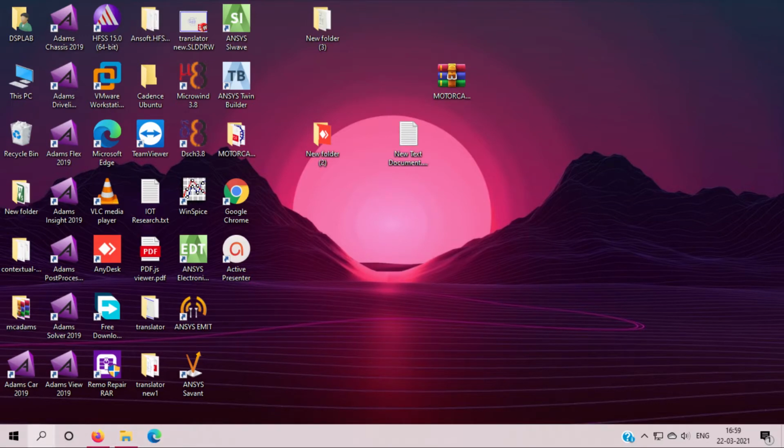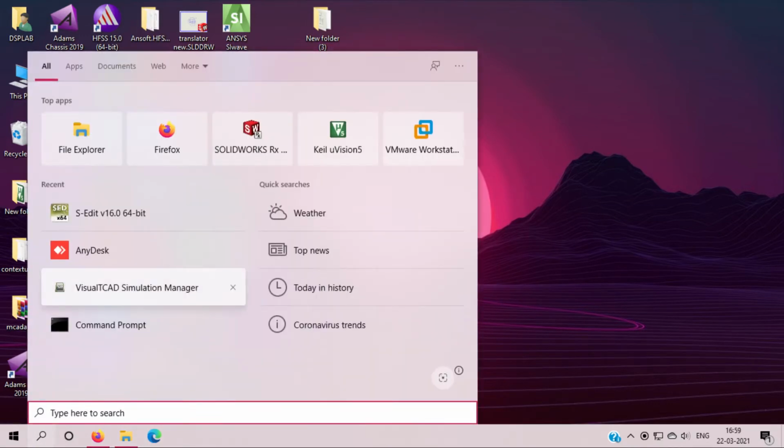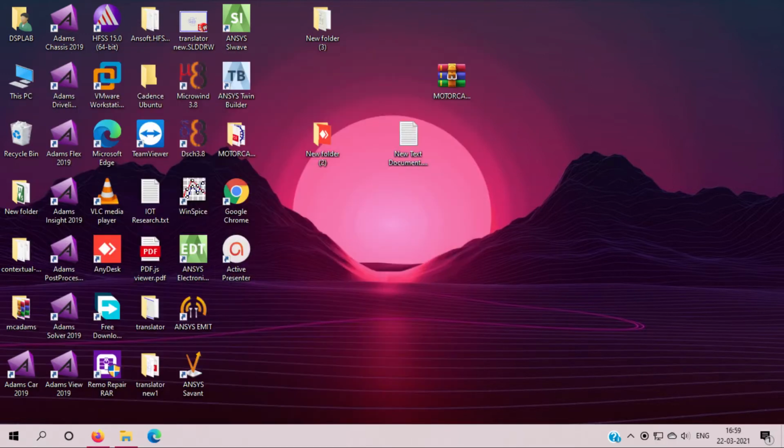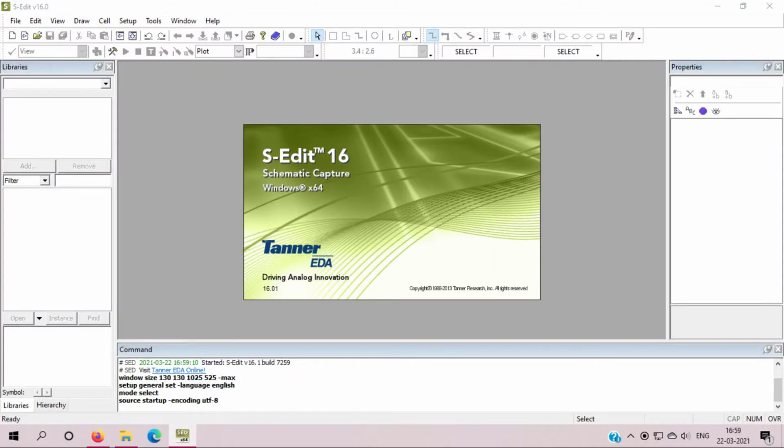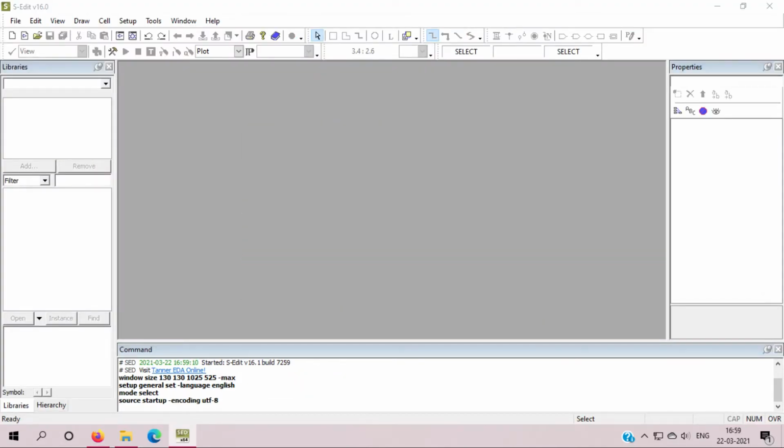Okay, guys, so today we will learn about the common source amplifier using Tanner EDA tool. Here I have opened S-Edit of Tanner. As I have already explained how to draw a circuit in Tanner, how to check the properties, and how to simulate your analog circuit or digital circuit in the EDA tool. This has already been shown in the last class, the last video I uploaded.